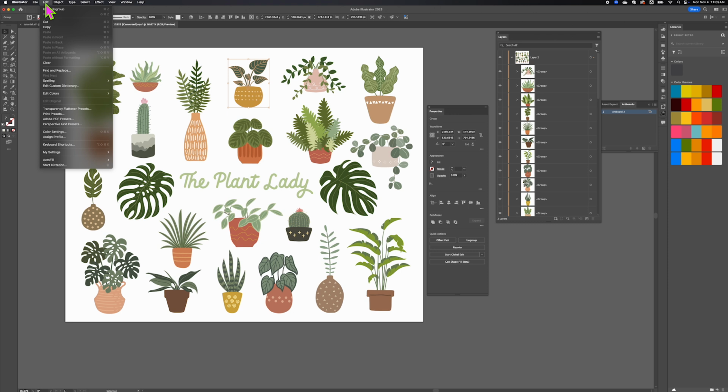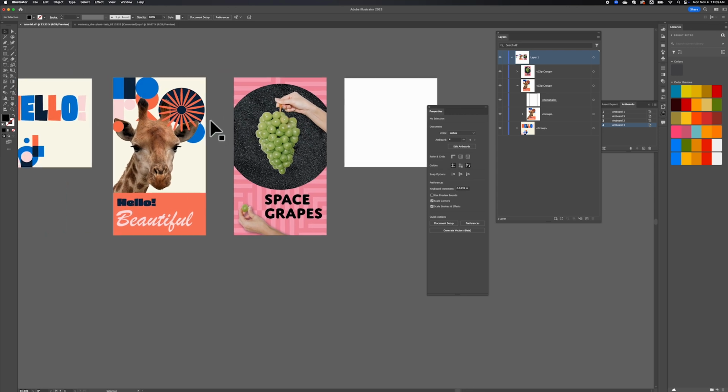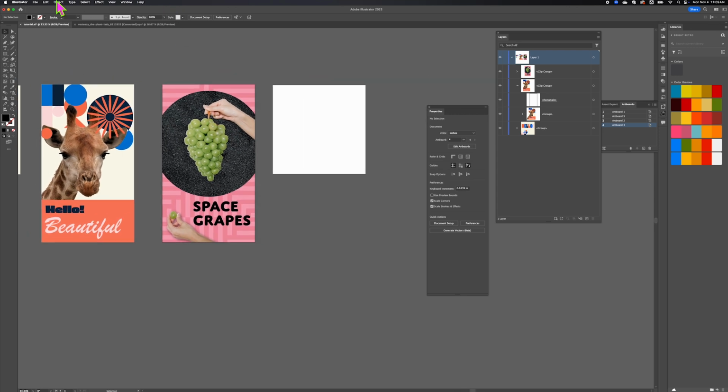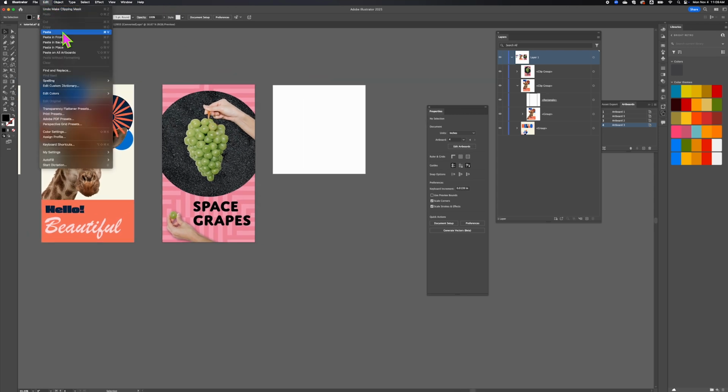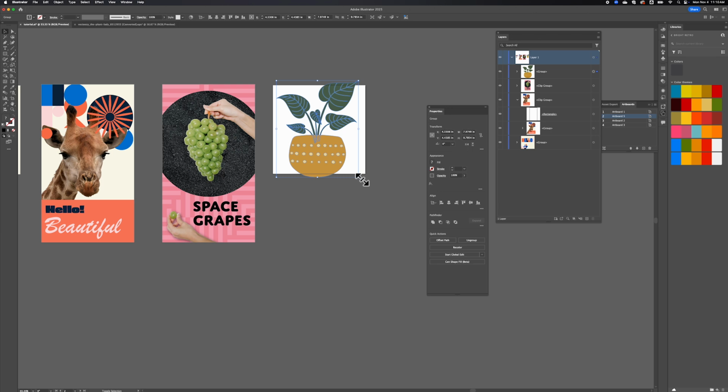If I go to Edit and Copy and I come back over to my current project and I hit Edit and Paste, or Command or Control V, it's going to bring this plant on over for me. And that is how you can use a stock vector in your